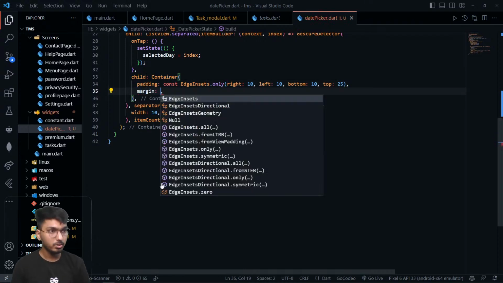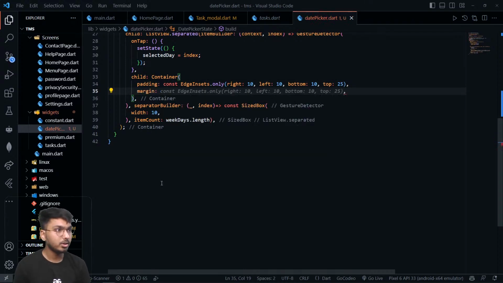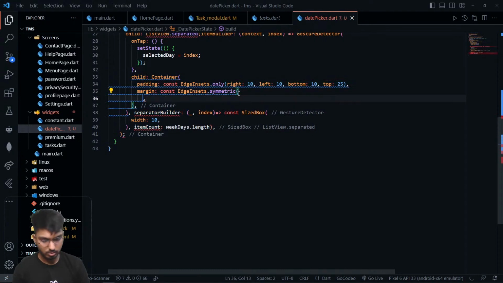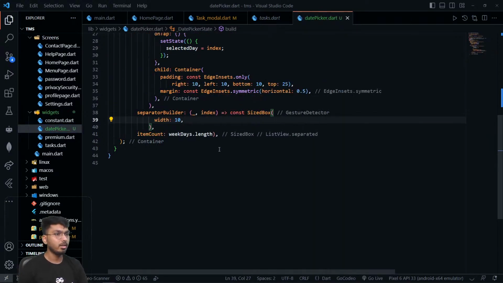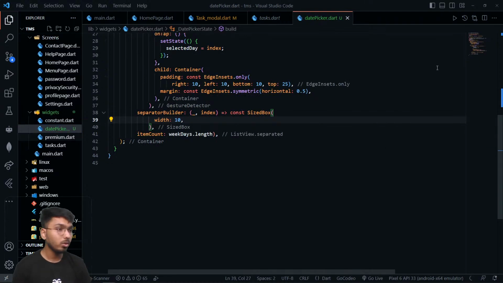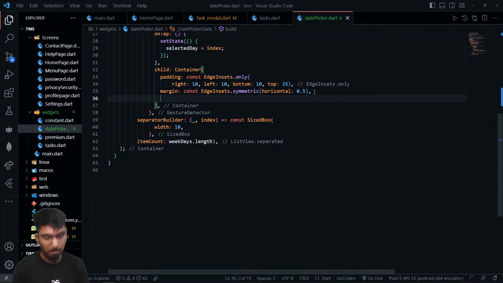Then I need a margin as well. So margin should also be const EdgeInsets.symmetric, and inside the symmetric I just need to add horizontal 0.5 like this. Okay, and I'll format it. So yeah, looks good. Now the container has got its padding and also has got its margin, but we forgot